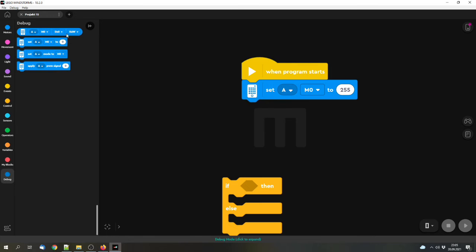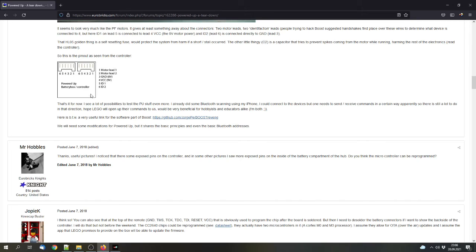And here we have an option to read sensors. Powered Up devices have 6 leads. We have the leads for the motors, lead 1 and 2, which can be between 0 and 9 volt or minus 9 volt and 9 volt. We have ground and VCC. We can't control them, and this VCC is 3.3 volts, not 9 volt. And we have ID1 and ID2, which are used to communicate with sensors via UART. So basically we can control the motor and the sensors independently in the wires.